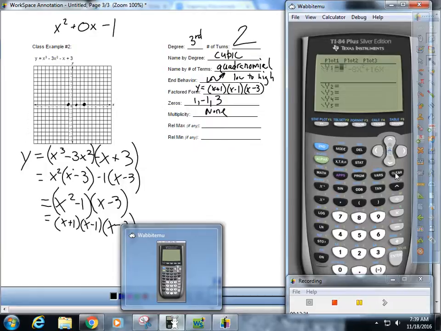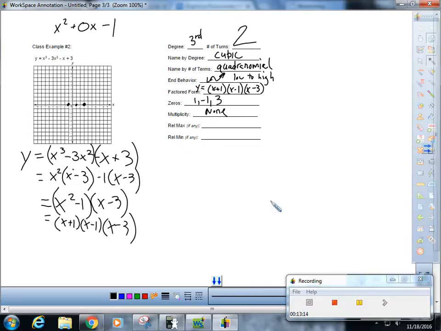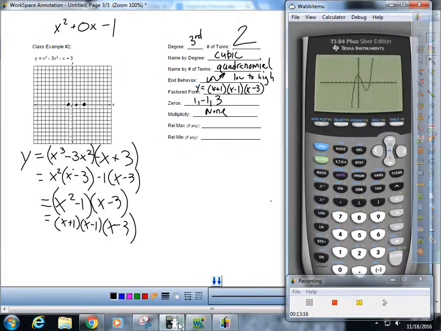I think this might be easier to type in this way. I don't know. I'll just show you. It doesn't matter how you type it in. X plus 1 times x minus 1 times x minus 3. Just to show you that it doesn't matter how you type it in. Jack, go ahead and hit the lights real quick. Let me just try this real quick, see if this allows the computer to see it. Okay, so